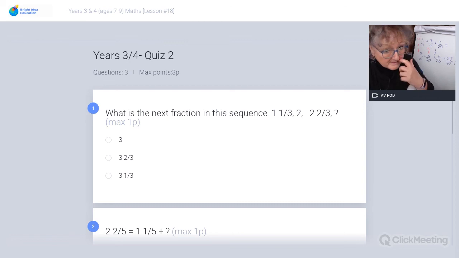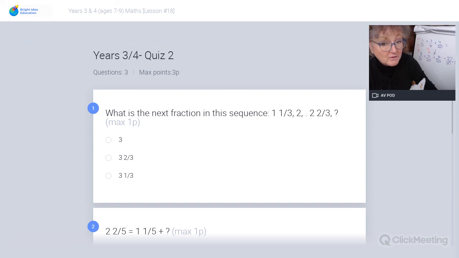2/5 of 20: work out what 1/5 is, and then you can say what 2/5 are. 2 and 2/5 is 1 and 1/5 plus what? If you look at that as a sum, think what do I have to add to 1 and 1/5 to make 2 and 2/5? It's quite easy. Those of you who have said 2, if you add 2 to 1 and 1/5, you get